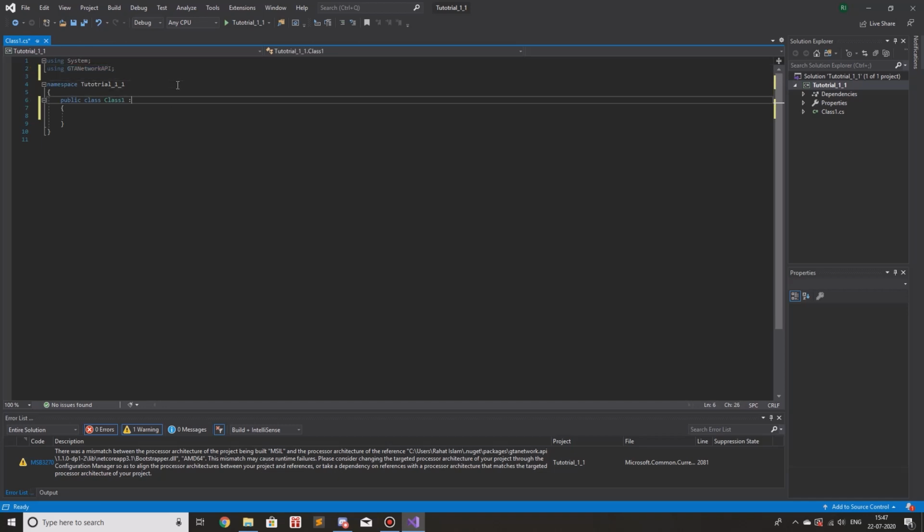And oh wait, before I do anything, I'm going to change the name of this. Rename, and I'll rename it to main. It does not matter what the name of the CS file is. Just for my sake, I'm going to rename it to main. Once I change the name of the file, the public class name will also change. Basically, the name of the class and the name of the file should be